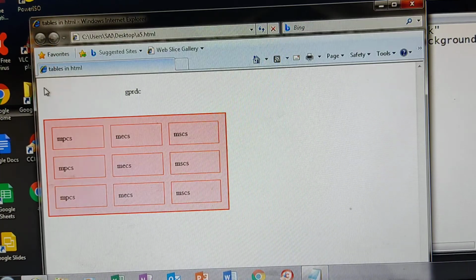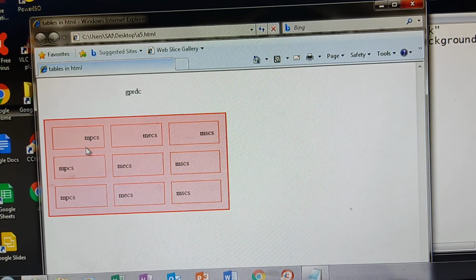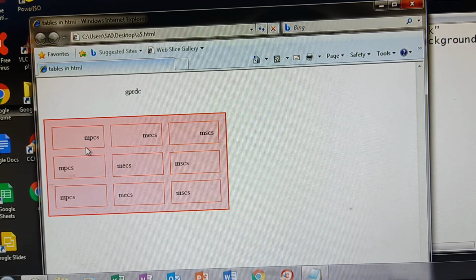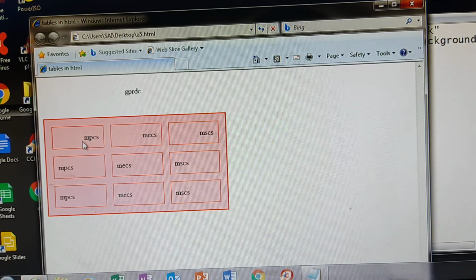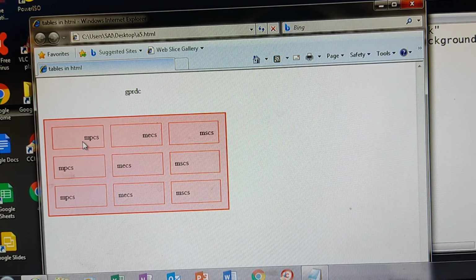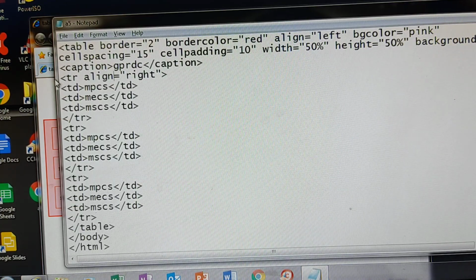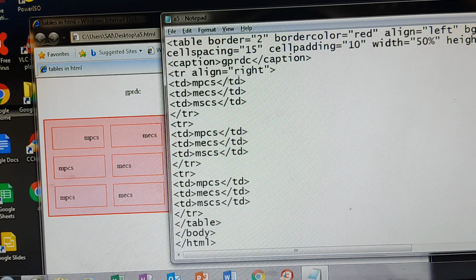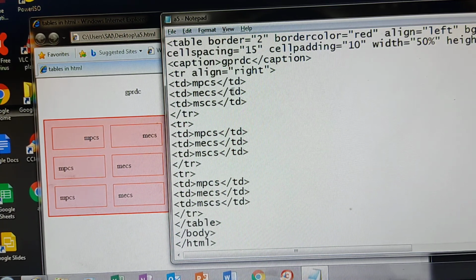See, in the first row, I am getting the content on the right side. As already said, whatever attributes you give in the row will be applicable to only that row. So I have added here, in the first row, align right. So whatever content is there in that row will be displayed only at the right side of the cell.